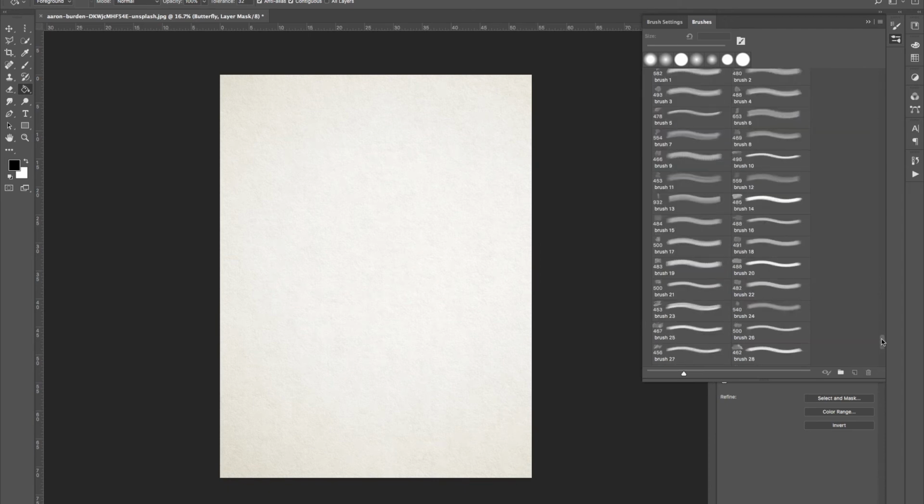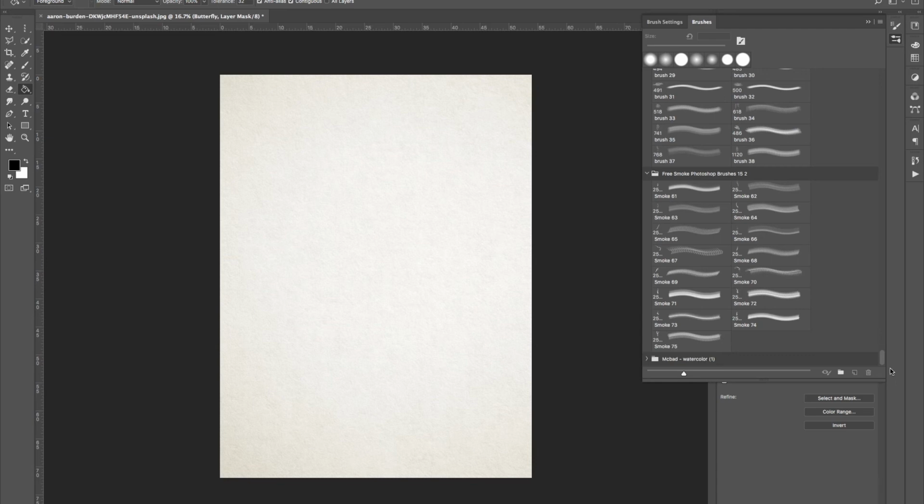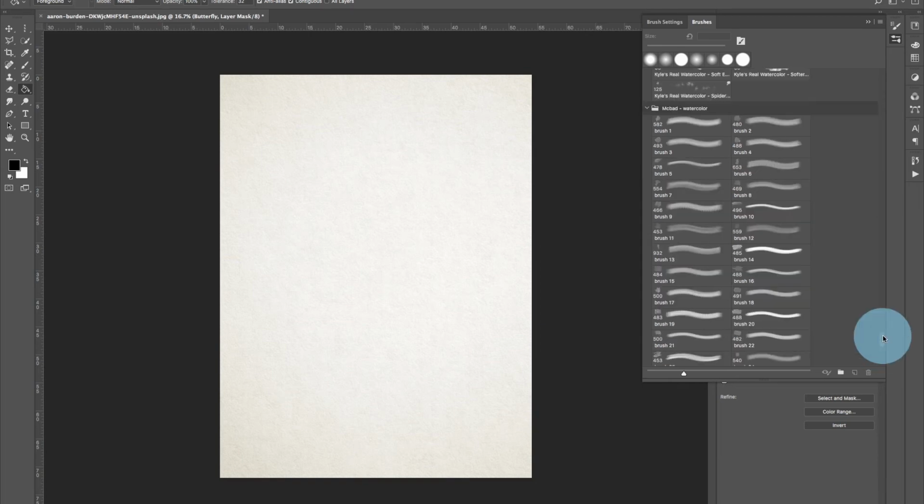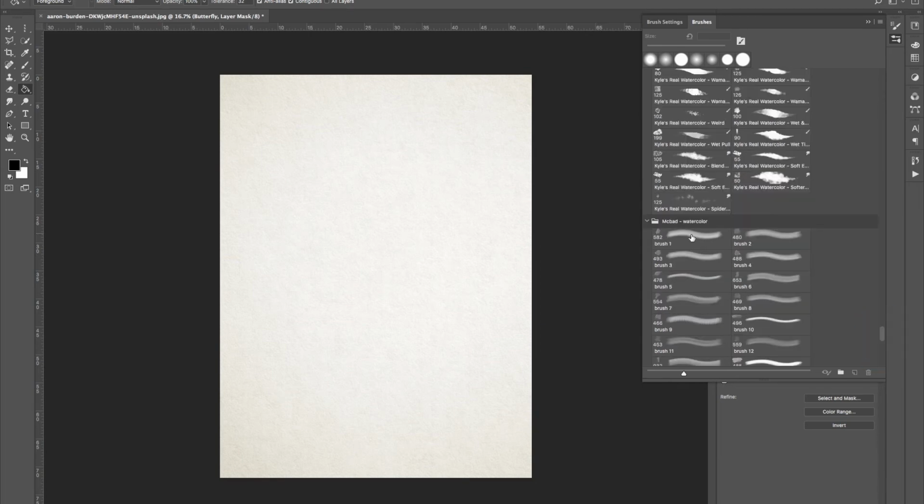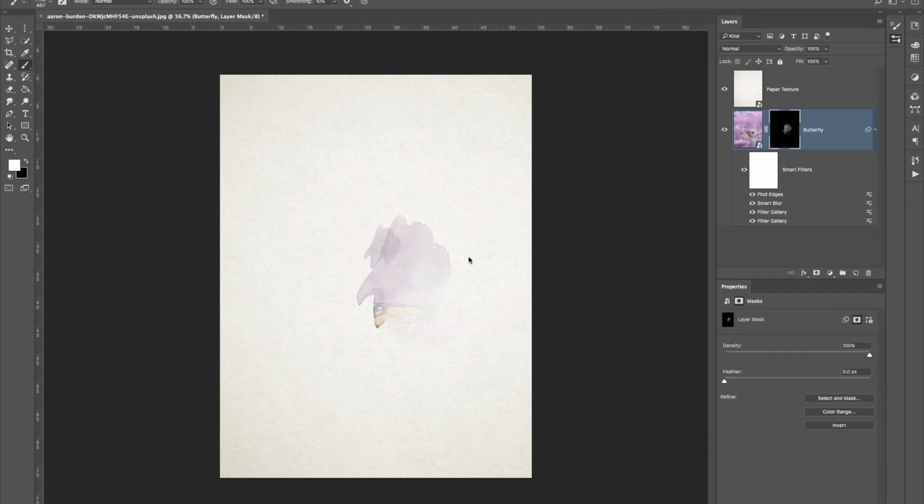It just depends on what you're working with. Basically, these are the smoke brushes. Here are the MC-BAD watercolor brushes. Here you can see some of Kyle's water brushes. And so I just click on this, and I have to make sure that my white is in the foreground. And then when I start painting,